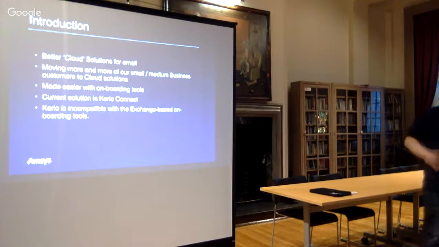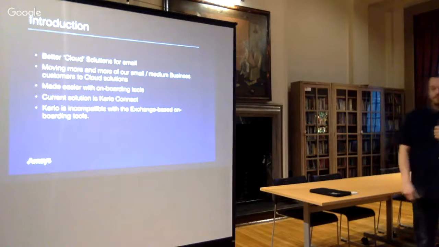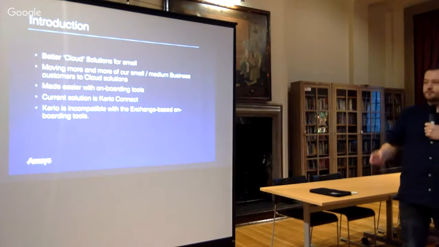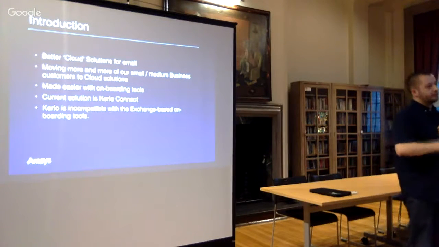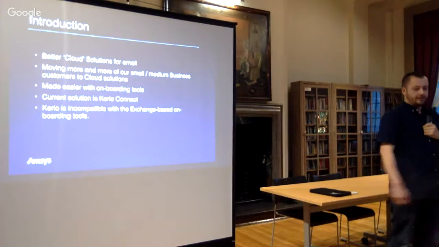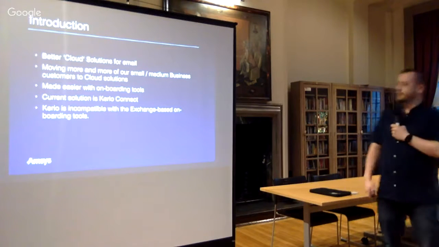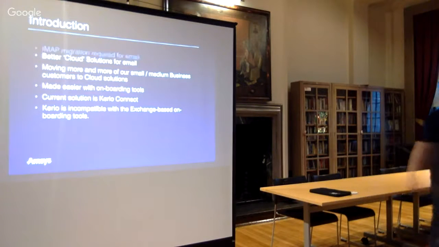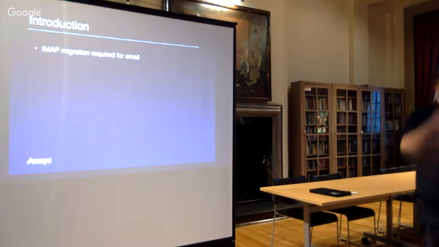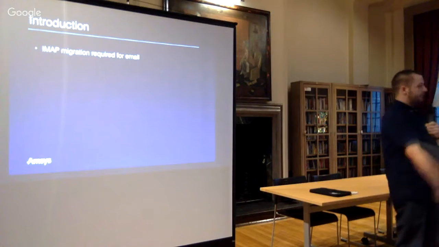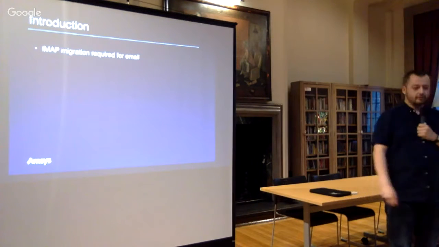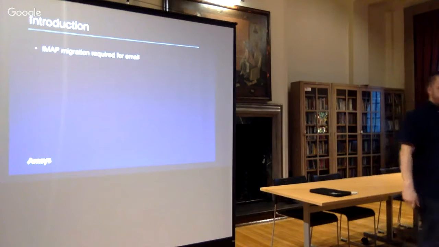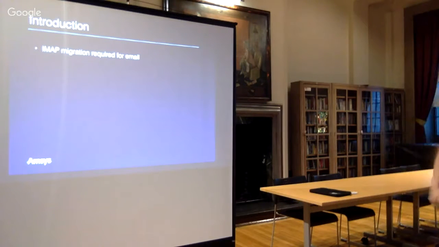So Kerio does a good job of spoofing an Exchange server for client devices. Unfortunately, not quite good enough for the pretty cool migration tools you have with Office 365, which is a bit of a problem. So instead, what we have to use in that instance is the IMAP migration tool. Fundamentally, IMAP will only do emails, not contacts or calendars, which is irritating. So how do we do those?